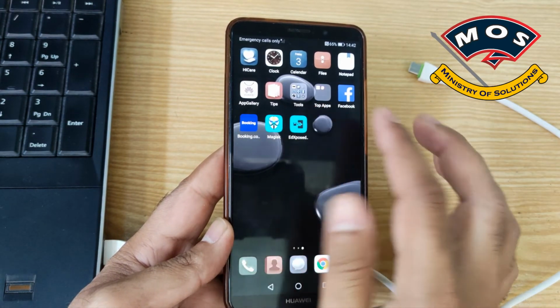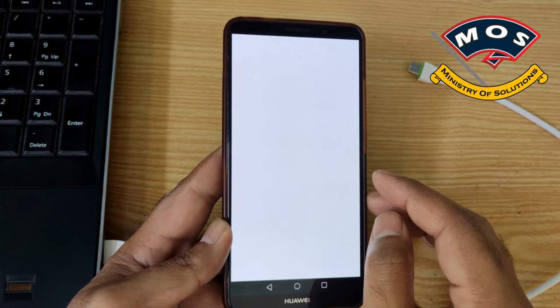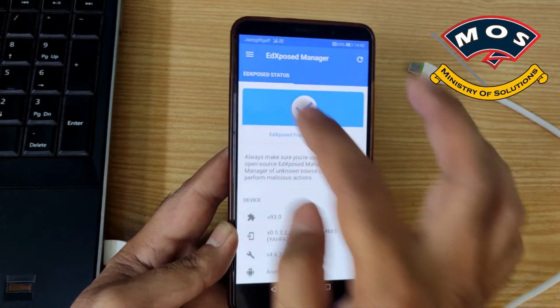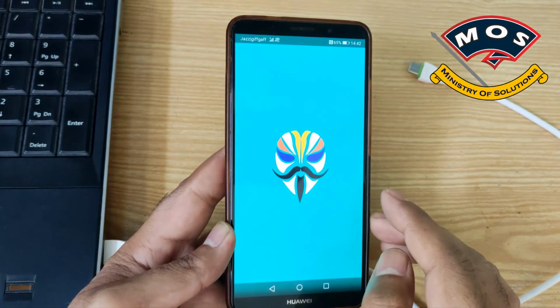Okay, phone has just rebooted. Now we will see if that module is active. Okay, it is active, and now we will